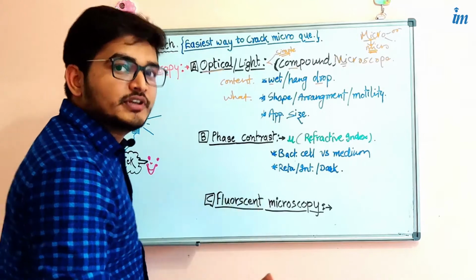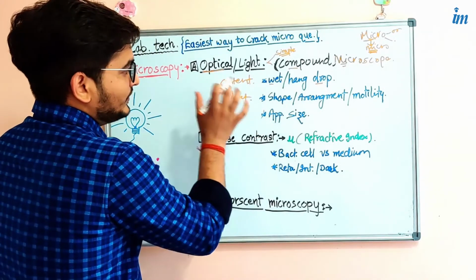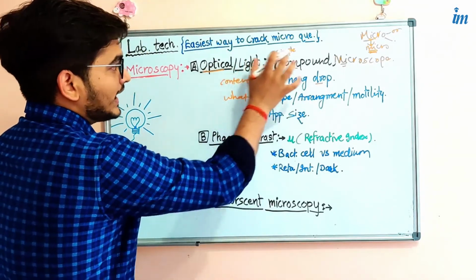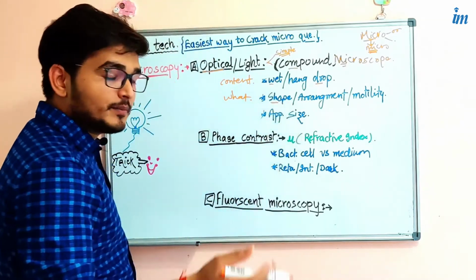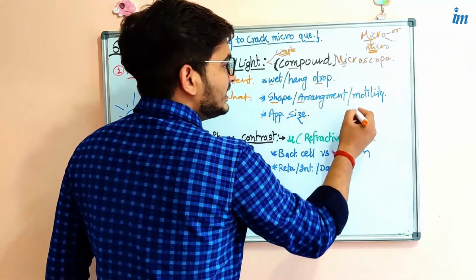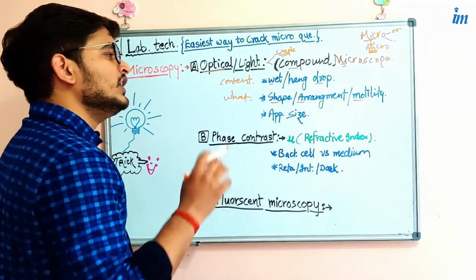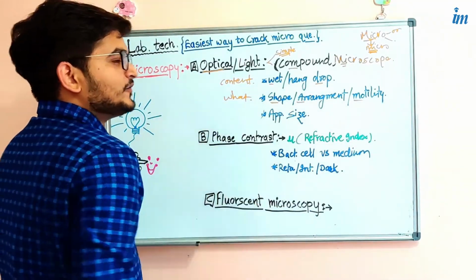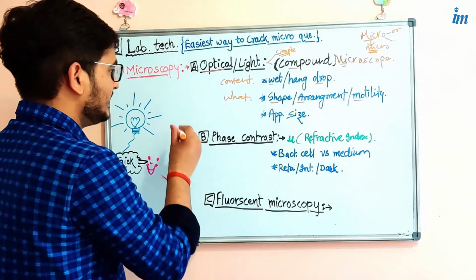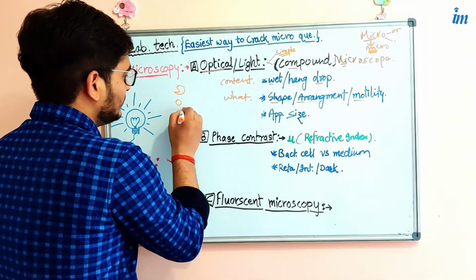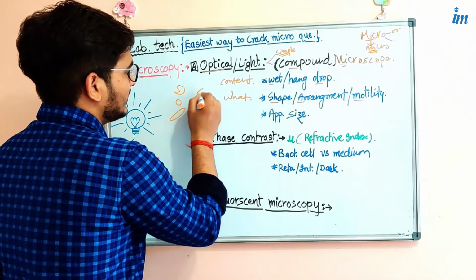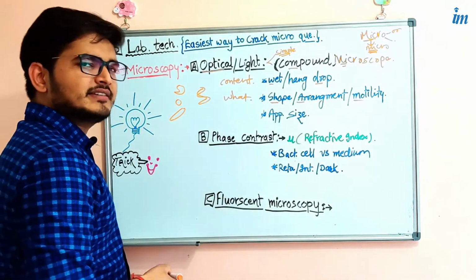And here, what we can observe, simply that when we go through the optical or light microscopy, we will see the shape of the microorganisms, arrangement and motility. To be precise, what kind of shape do you know? Let me remind you that you know Vibrio, you know Coccus, you know Bacillus, you know Spiral. These kinds of shape.